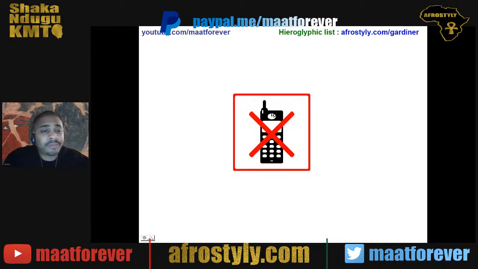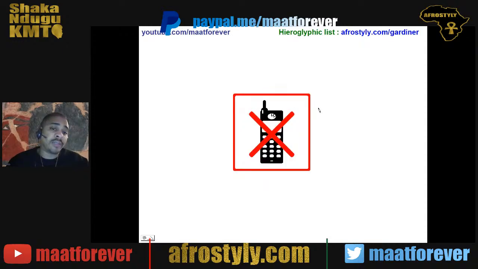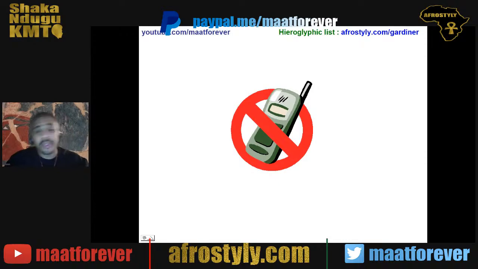We have this. There are no words, but we have the image or pictogram of a phone with a cross, and we know that the cross means that the phone should not be used wherever we see that sign. The phone usage is forbidden or not authorized. Have the cross like that, or that circle with the line going across in the middle. We know what it stands for. You understand what I'm saying?